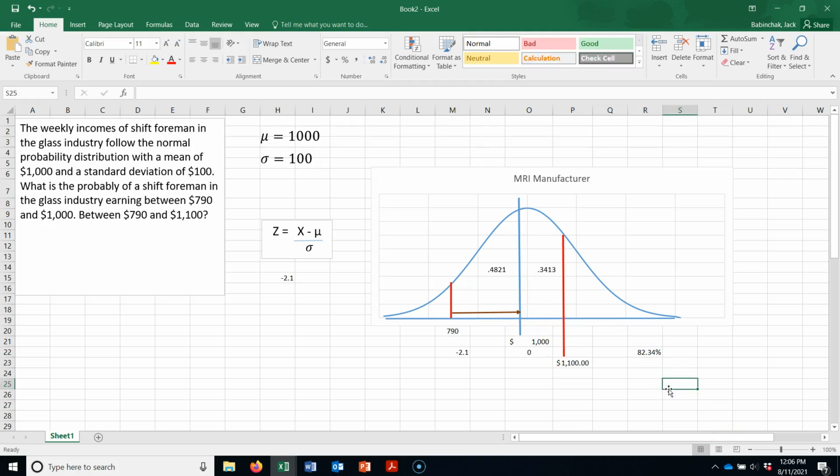So if I'm sitting down negotiating salaries for my shift foreman in the union or something, I could say, look, 82% of shift foremen in the glass industry make between $790 and $1,100. That's a big percentage, right? I would say, look, our guys should be making at least between that or somewhere in that area. We don't want to see them making less than $790 because we know about 2% make less than that, and maybe something over $1,100 might start getting a little up in the upper end of what people are actually earning in this industry. But again, we could pick any two numbers there: 800 and 1,200, 850 and 1,150, whatever numbers